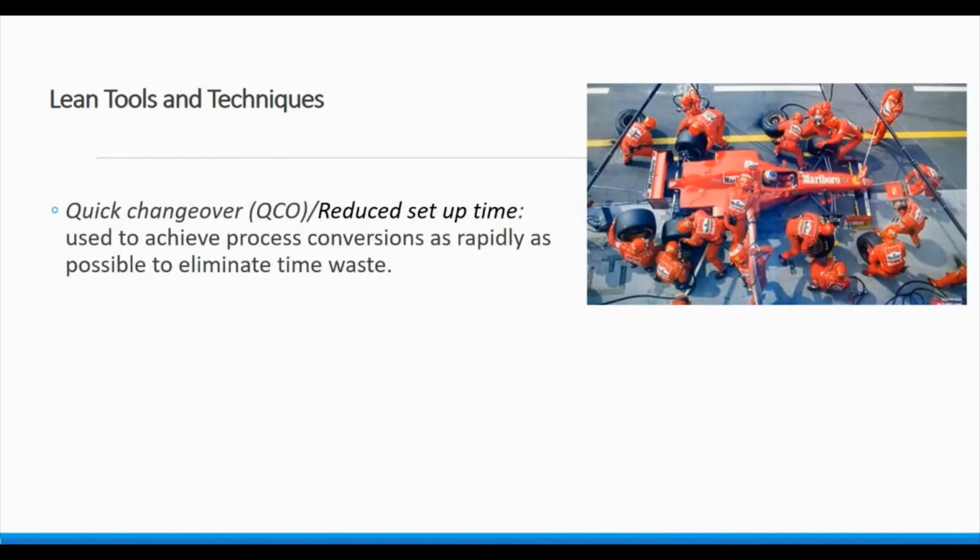Our next tool is quick changeover, or reduced setup time. This tool is used to achieve process conversions as rapidly as possible in order to eliminate time waste. If you've seen any kind of Formula One race